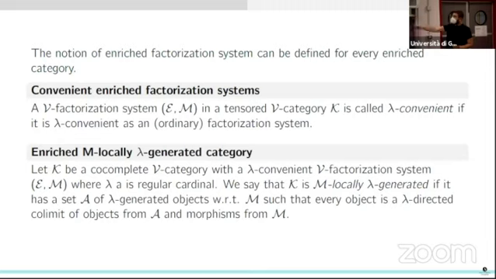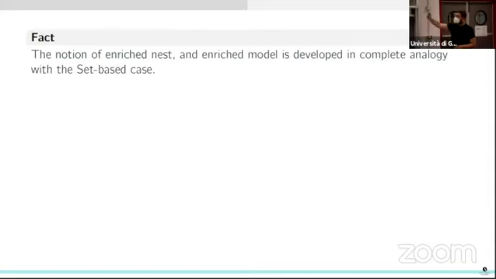And then you can give the definition precisely the way you expect. So I will not comment. Just the functor in the enriched sense should preserve the right colimits, and then everything is as you expect. And also the definition of an enriched category is the same. And you can do the same for the theory of nests. You can present an enriched notion of nest,